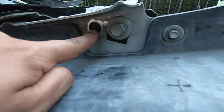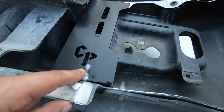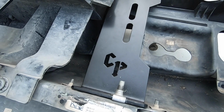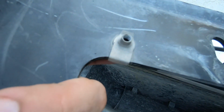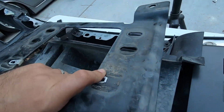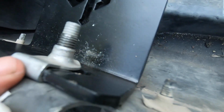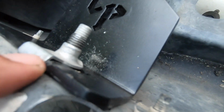This side, instead of it going in this bolt, it goes into the square. And instead of buying all new hardware and whatnot, you can actually just still use these clips. They basically look like this, just bigger. They just have a spot in the back that the screw goes into, and then a little clip on top, just like this. These are just the bigger versions, and I just slip it over on the CP Attic bracket